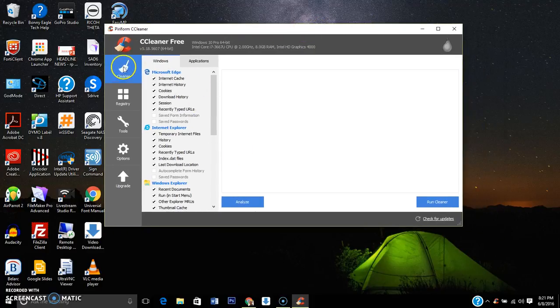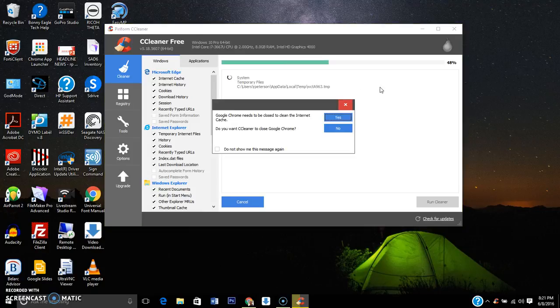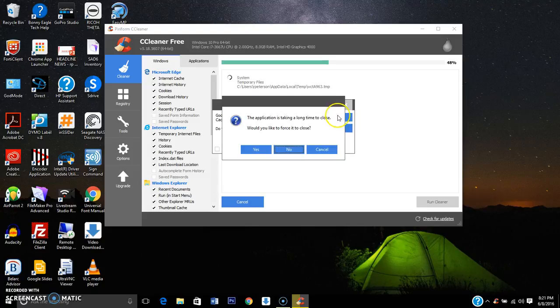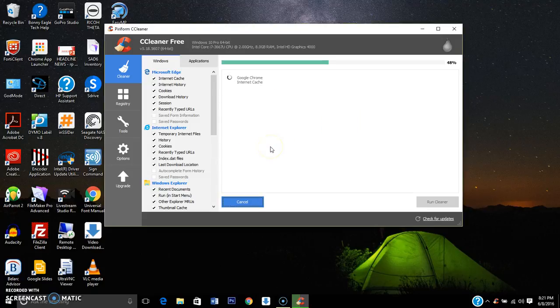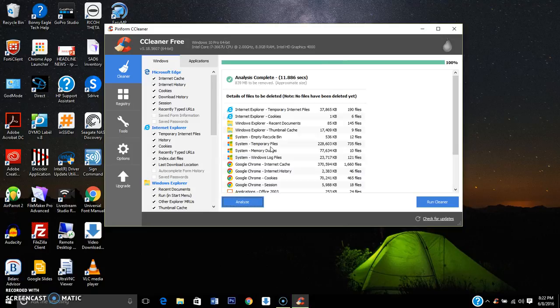So first thing you run is that cleaner, and this is basically going to look for any files on your computer that are unnecessary, temporary web files, system files, etc. You click on analyze. It's going to analyze your drive. It'll probably actually ask you to close Chrome or any web browser that you have running in the background, which we do. I'm going to say yes, and it usually has a hard time closing Chrome, so it's probably going to come back and say, would you like us to force it? So I say yes. Basically it shuts off Chrome,